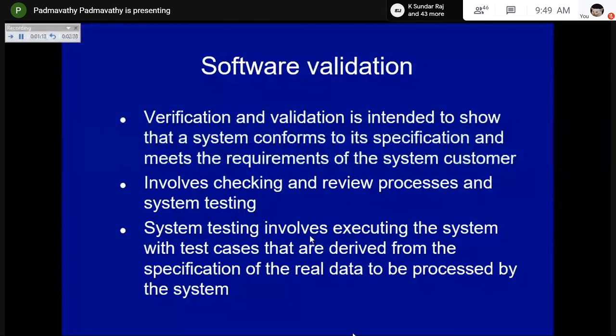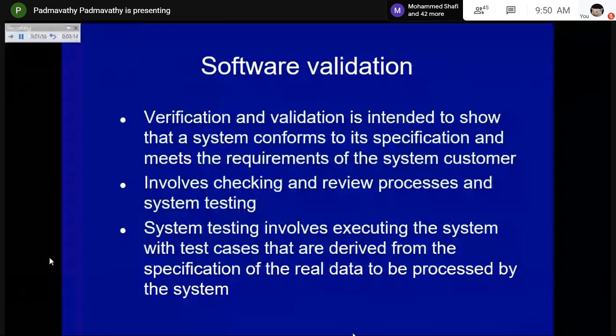So how is this testing done? A set of tests are to be done on the program, and the types of testing to be done are already mentioned. These are called test cases. For example, if you are writing a simple program to add two numbers, you are giving two 2-digit numbers, 3-digit numbers, 4-digit, 5-digit, 10-digit numbers. Till 10-digit, the addition is going well. Beyond 10-digit, if you give any number, is your addition working? This is considered a test case.